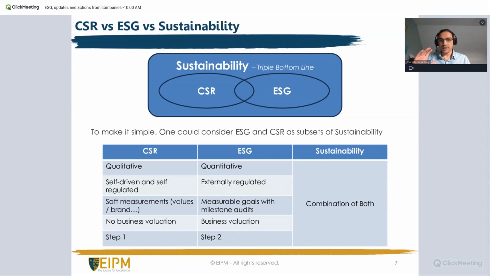Okay, but in simple terms, if I have to summarize this, consider ESG and CSR as subsets of sustainability. CSR is self-driven, with qualitative aspects and no business valuation, whereas ESG is very quantitative, measured, and externally regulated, with the external regulations then resulting in business valuations by investors. Okay, so this is the difference that we see between CSR, ESG, and then overall getting under the umbrella of